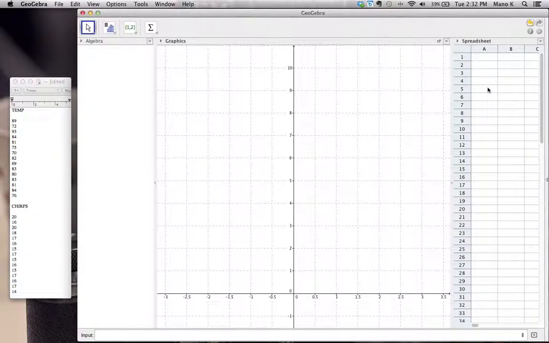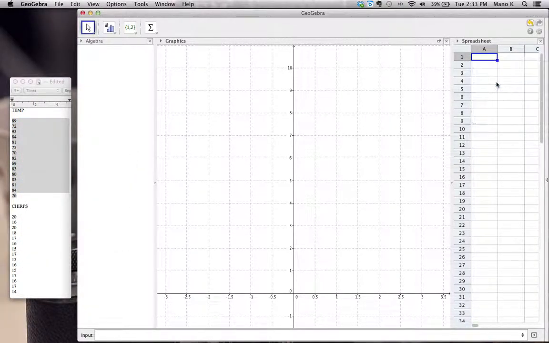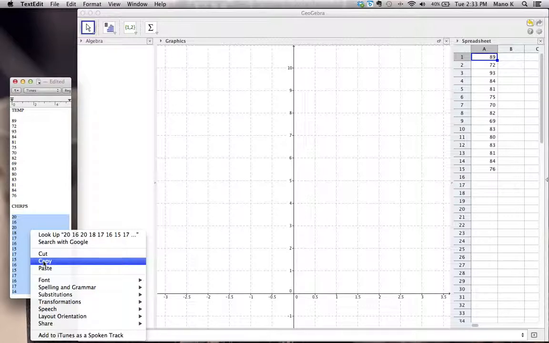It looks like an Excel sheet, and I'm going to copy and paste some data that I have here, temperature and chirps. These are actual data collected for the insect crickets, the corresponding temperatures in Fahrenheit. I'm going to copy this and paste it here, and then the corresponding chirps for a period of 15 seconds. I'm going to copy that